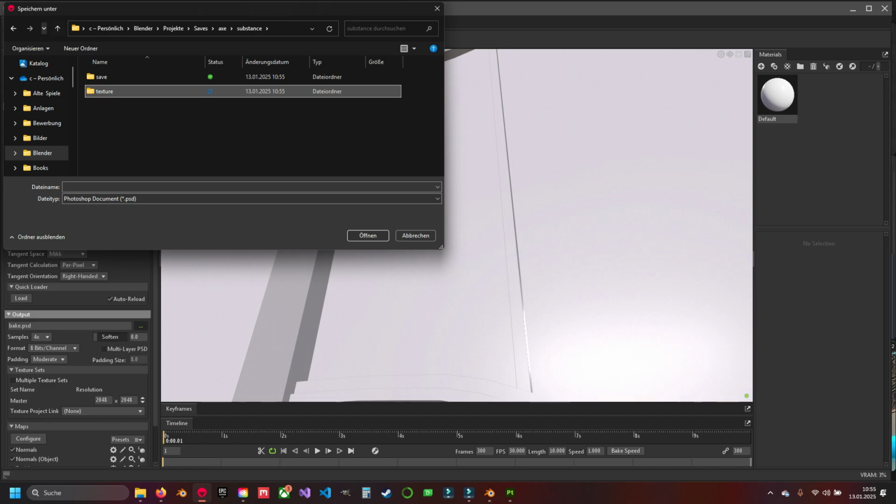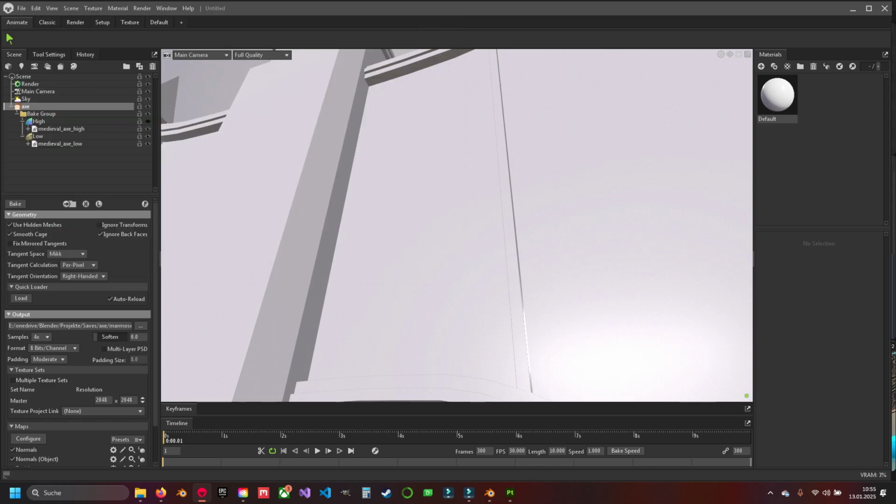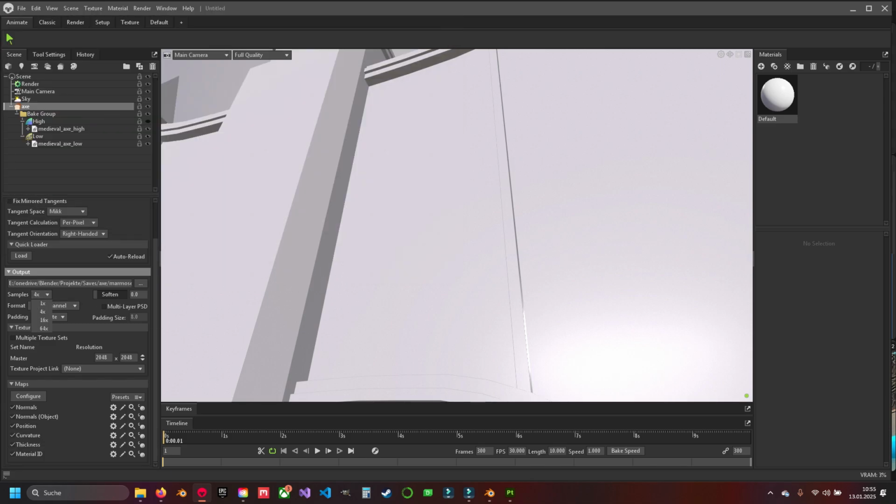Texture. Alright, I'm going to save it into Marmoset save. I'm going to call this X. PSD is fine, and go to save. So the next thing, samples go up to 16, and in here everything is fine. We don't need any multiple texture sets, so go to master here, go to 4K if you want to, and